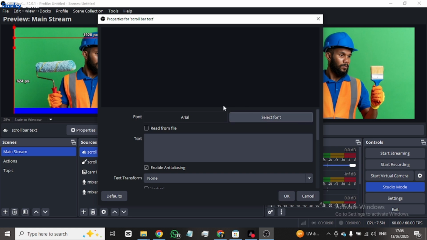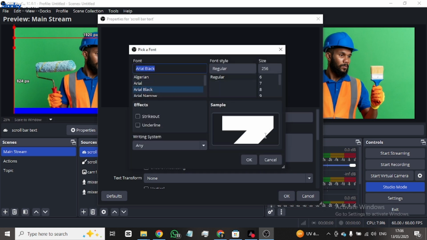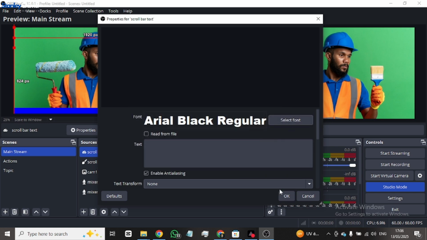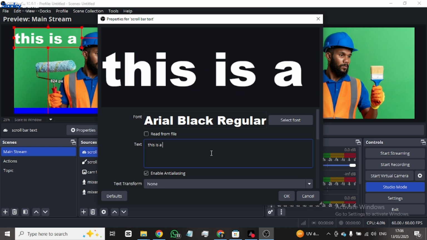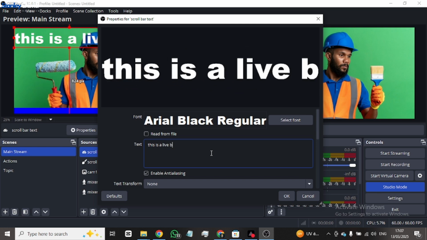And then for the font, we'll use any font. Let me use this Arial Black. And then this is where you put the text you want. I'll write it in small letters first. This is a live